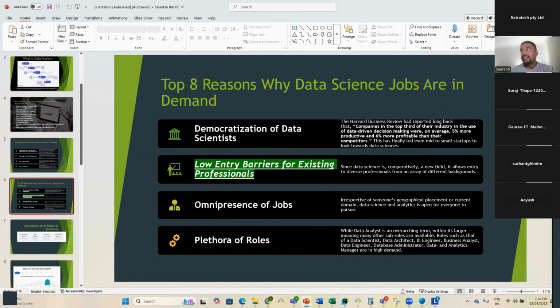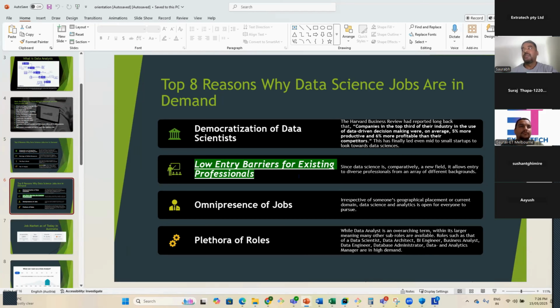Another thing is democratization of data, which means that earlier companies were not taking decisions based on data, but now all the companies take decisions based on data. Even small companies or startups. If you see any company, like even KFC, McDonald's, Kmart, Woolies, all have data analysts. Earlier, these companies never hired data analysts, but right now, even in the health sector, everywhere you see, they have data analysts.